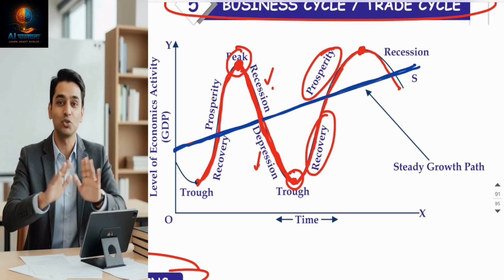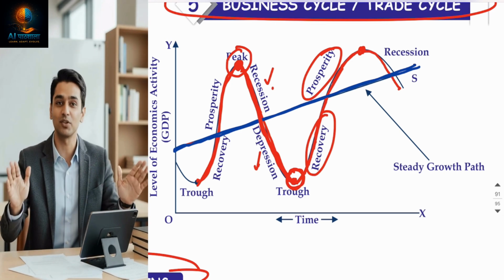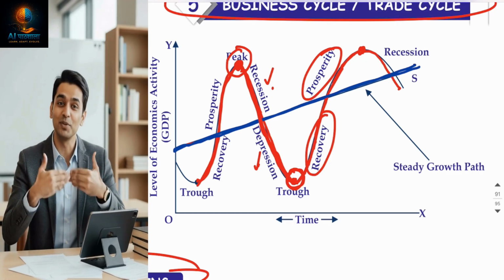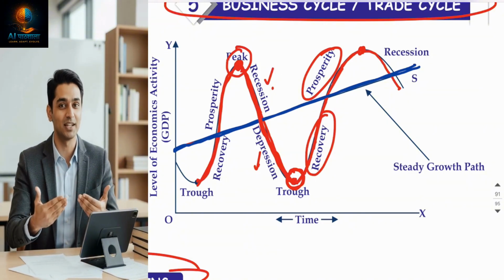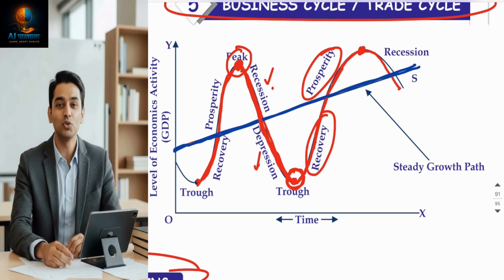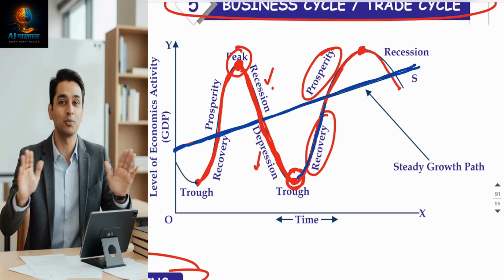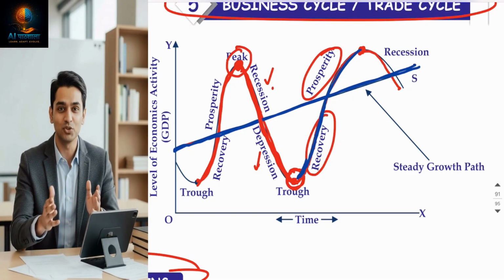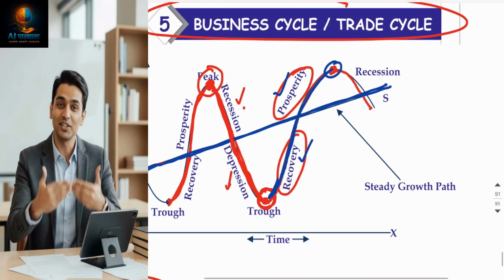But like expansion has an end, similarly contraction also ends at the bottom point. The trough point means the country has reached the bottom point. It is the worst that can happen in the economy. Now nothing can happen worse than this. But as the generation changes, technological development changes, new blood comes, new thinking comes in the organization and in the country, new ideas, new innovation, again the country revives and goes upward. This upward part is called expansion. Expansion has two stages, recovery and prosperity. And then again the peak point. This keeps on going. That's why it's called a cycle, business cycle or trade cycle.